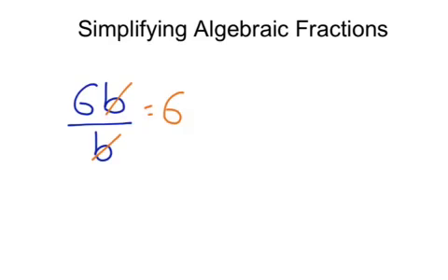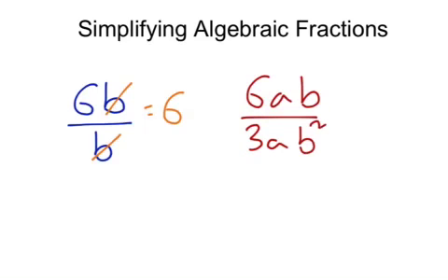This is the second video in a series on simplifying algebraic fractions. Last time we looked at simplifying algebraic fractions like 6b over b, and we saw that there was a b in the top and a b in the bottom, so we could cancel them out to just be left with 6. We moved on to more complicated ones like 6ab over 3ab squared, and there we saw the 6 and